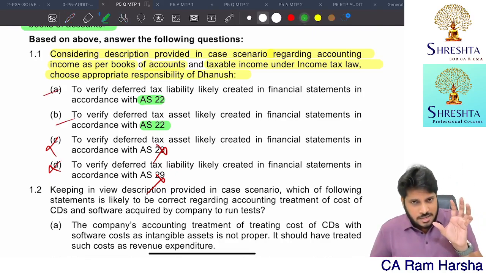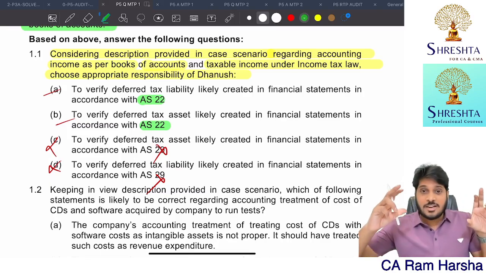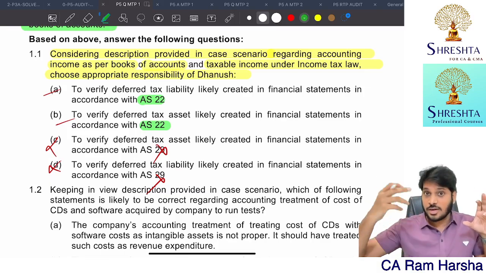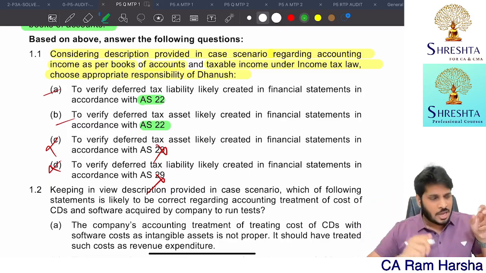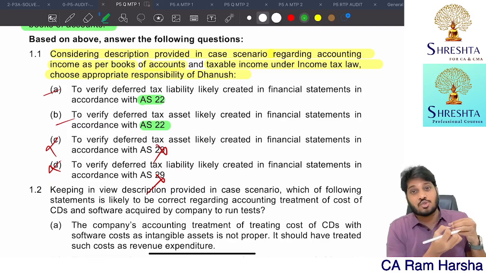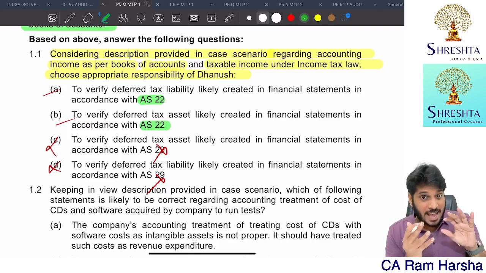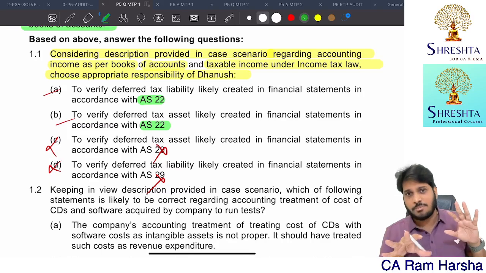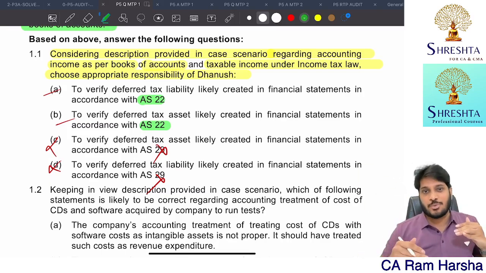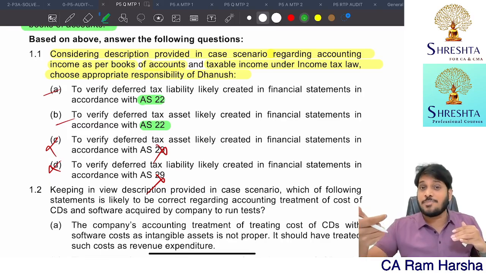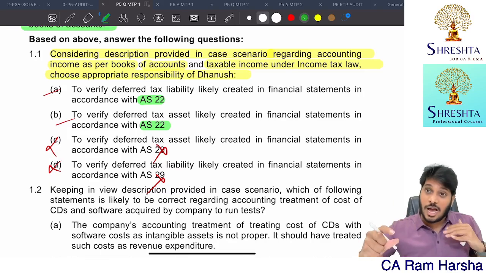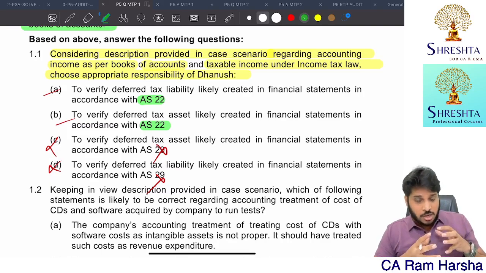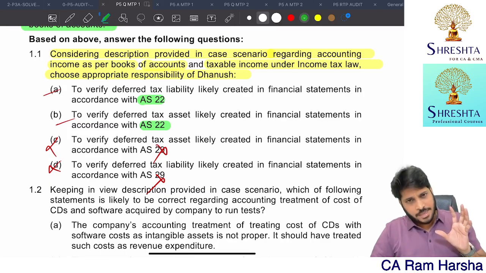Now tell me, under the Companies Act, depreciation is charged high. Under the Income Tax Act, depreciation is charged low. Which means under income tax, income is already higher. Because depreciation is low, income is higher. Under the Companies Act, because depreciation is higher, income is low. Tax also should be recognized on an accrual basis, technically speaking. But we pay actual tax based on income tax computation, where we pay tax on higher profit, whereas under the Companies Act, we should pay tax on lower profit. Able to understand?